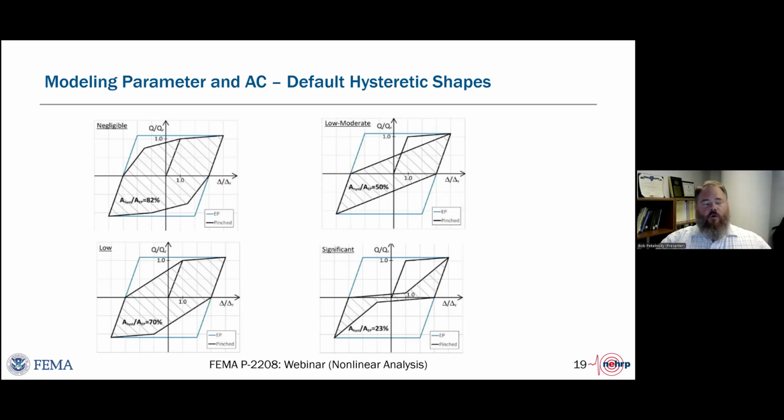And when you're doing a quality control check, whether internally or through an external peer review, you can look at your force displacement hysteretic shapes and determine if your models are behaving as they should be based on the envelope in the first and third quadrants, and also what the hysteretic shape looks like in the second and fourth quadrants. And it's really based on the percentage ratio between the enveloped hysteretic curve and a perfect elastic plastic hysteretic curve.